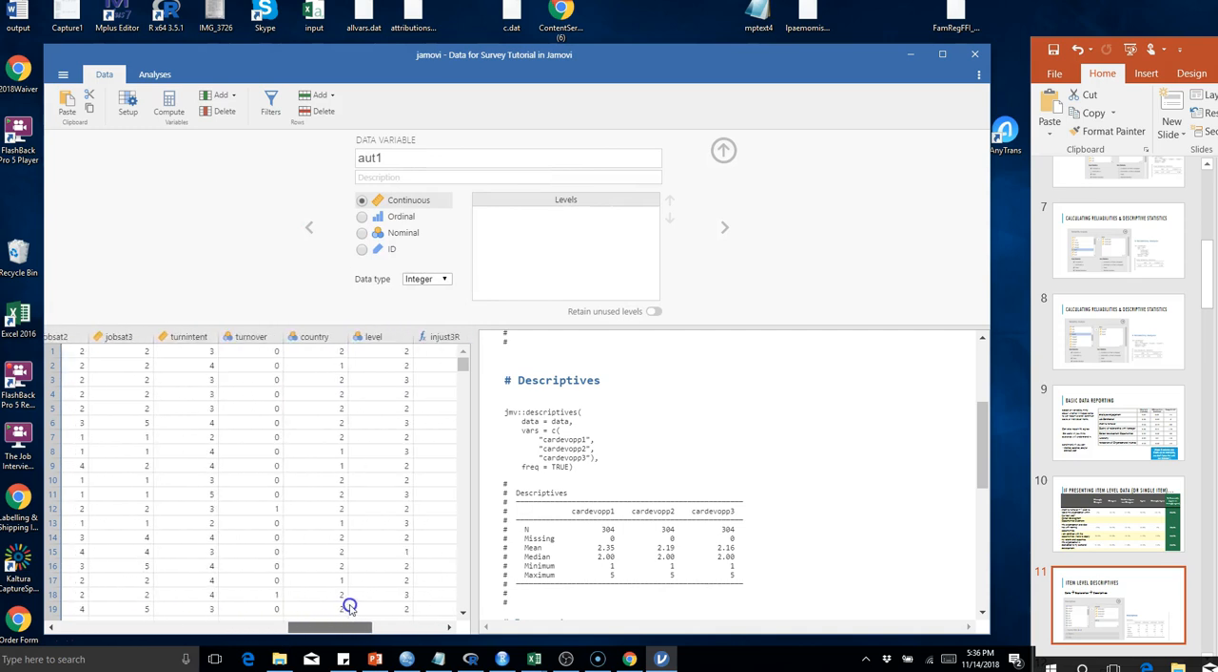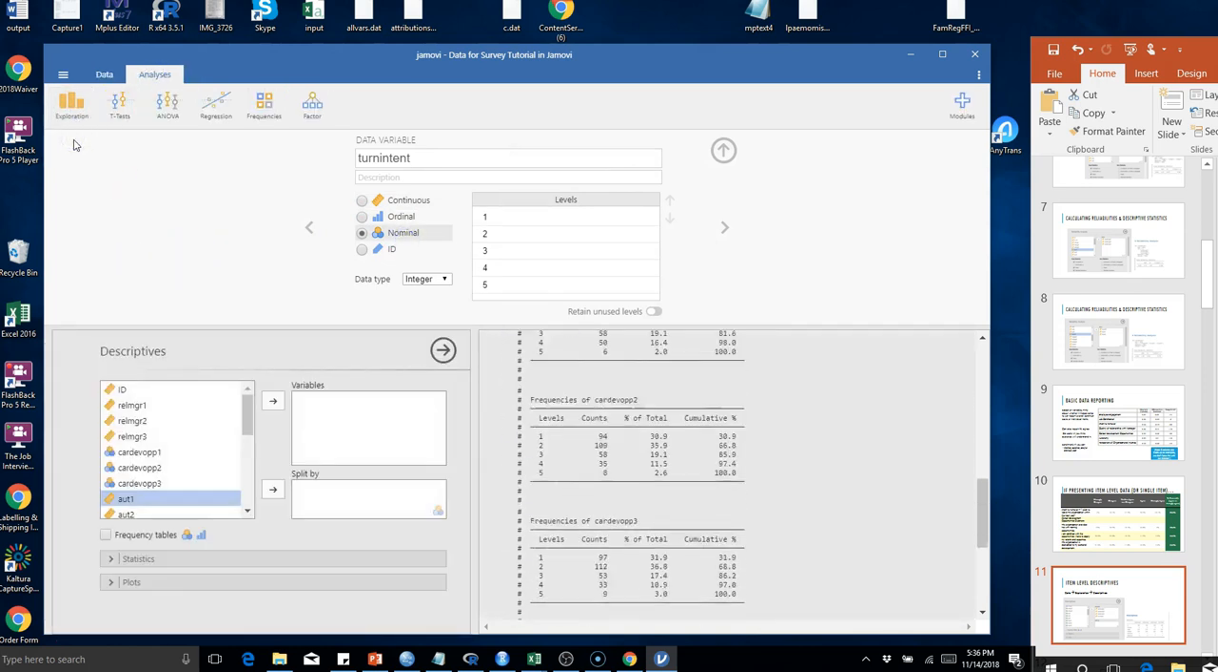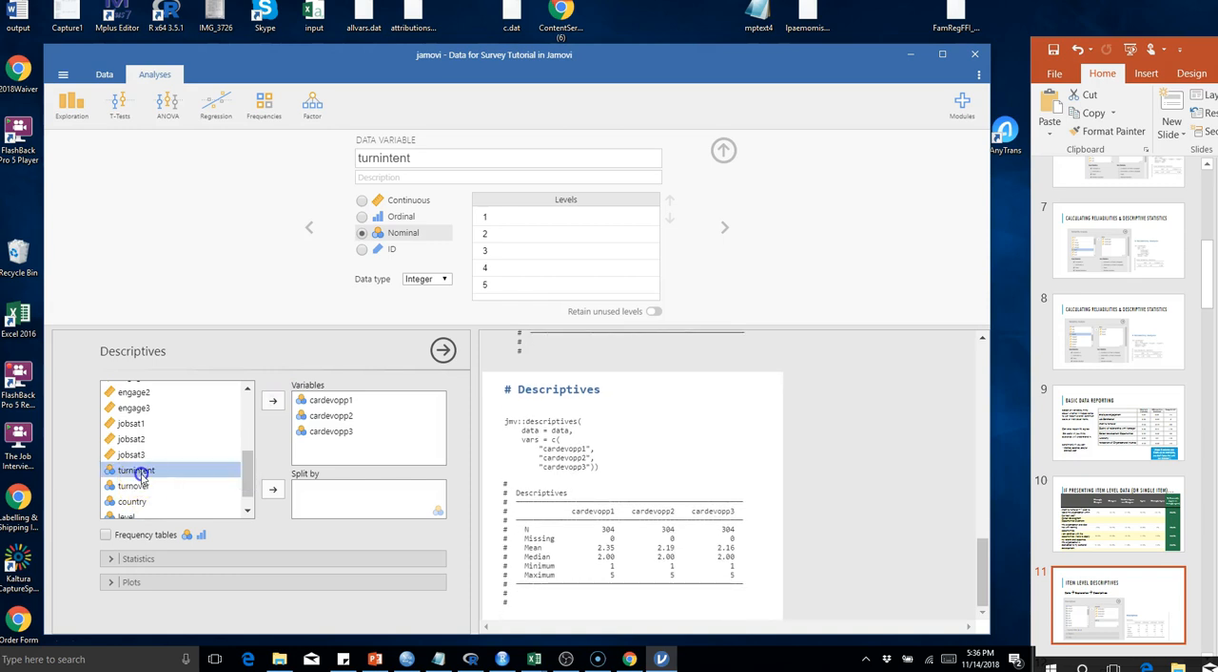Also do that single item, turnover intent. Okay. Now I'll go back to analyses, exploration, descriptives. Now I put those variables over, as well as turnover intent. Now when I click frequency tables,